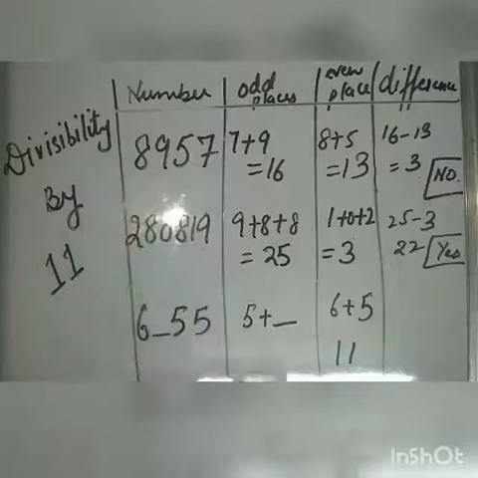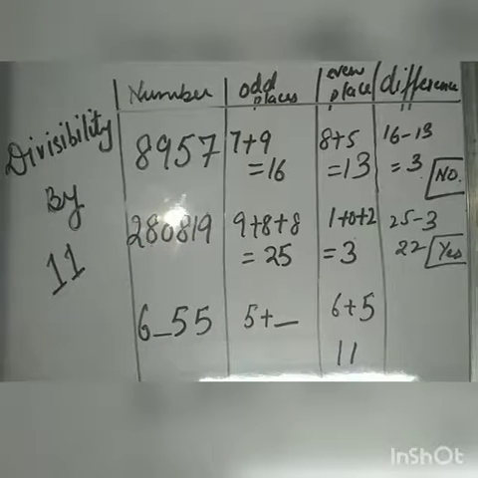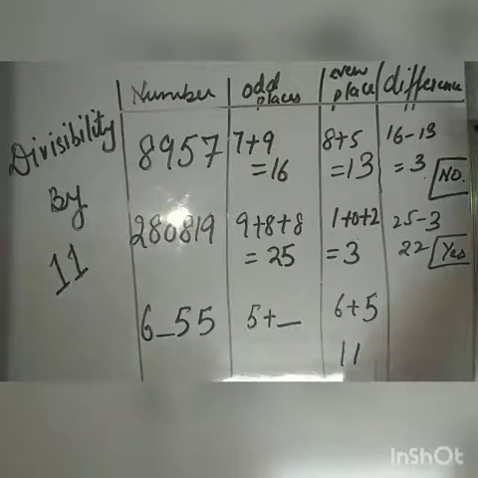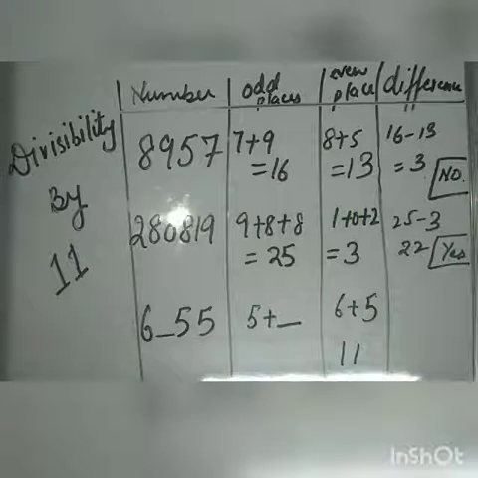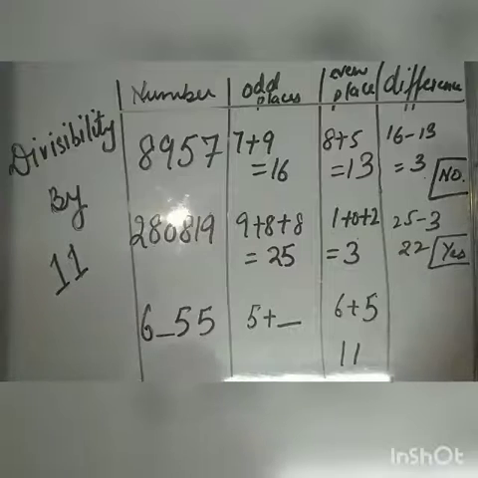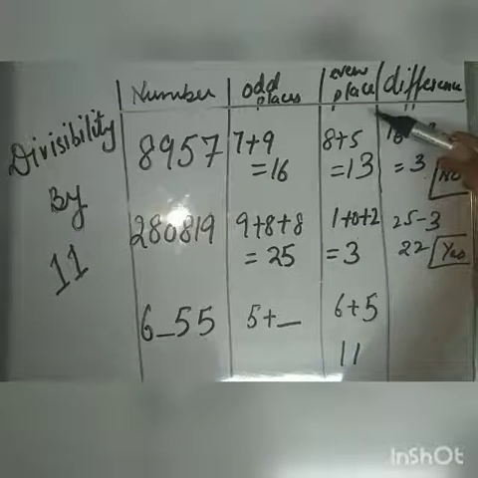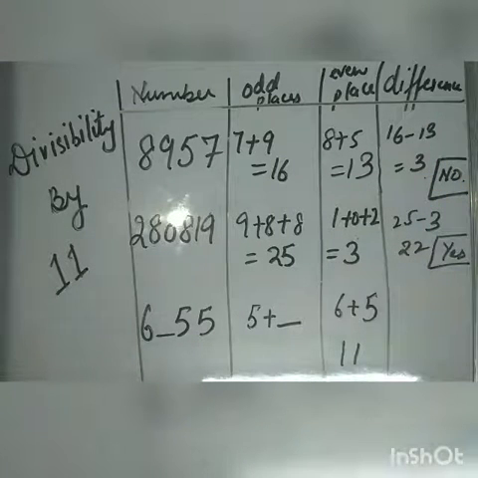Divisibility by 11. A number is divisible by 11 if the difference of the sum of the digits at odd places from the right and the sum of the digits at even places from the right is either 0 or divisible by 11. Let us take the example